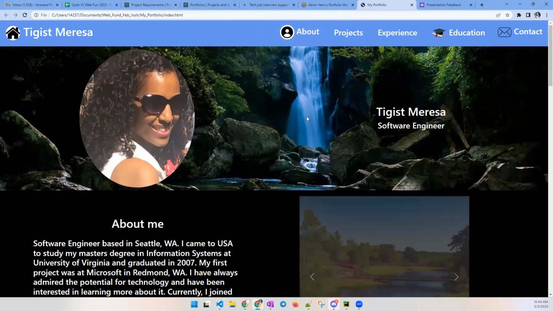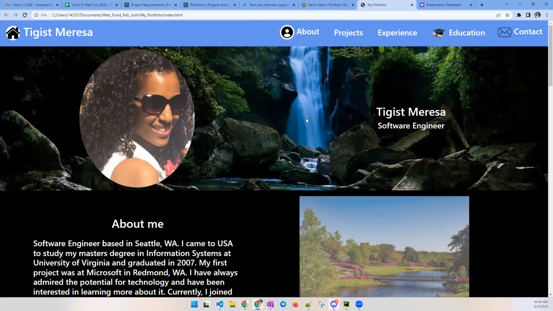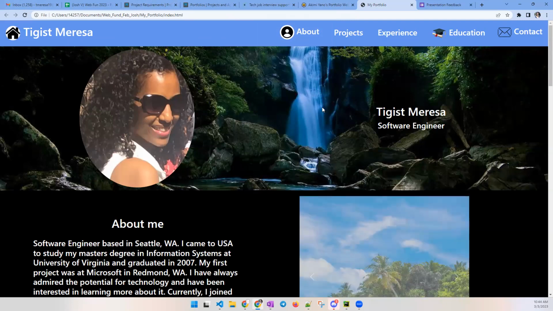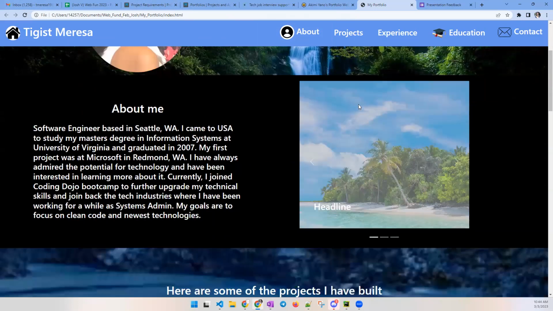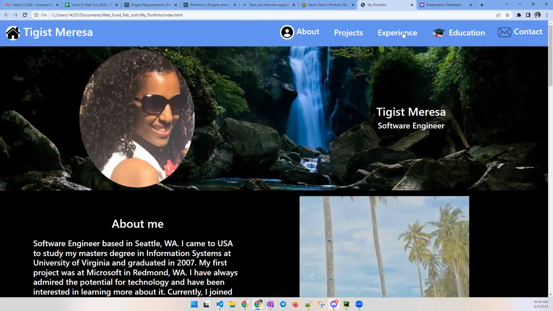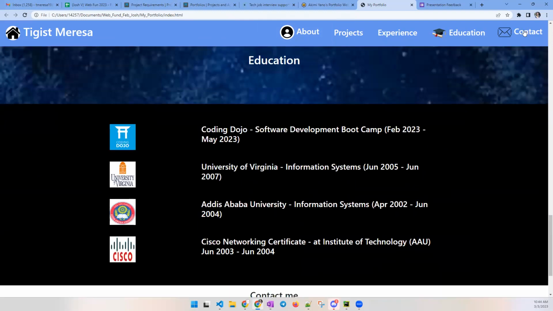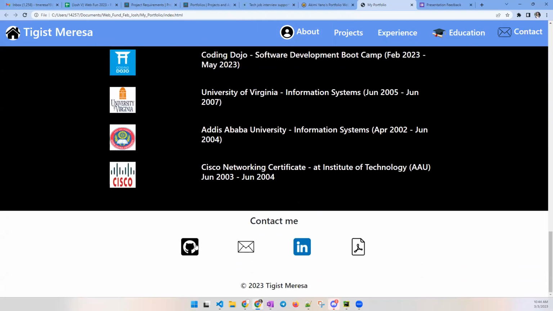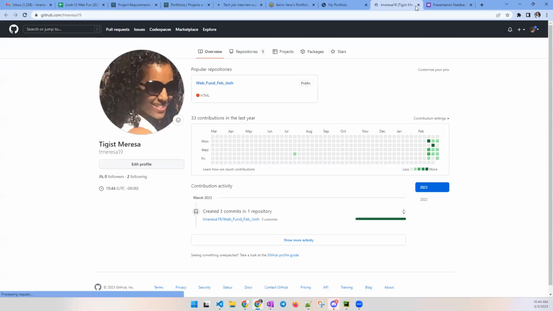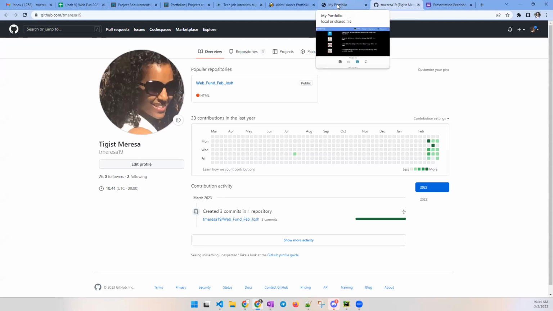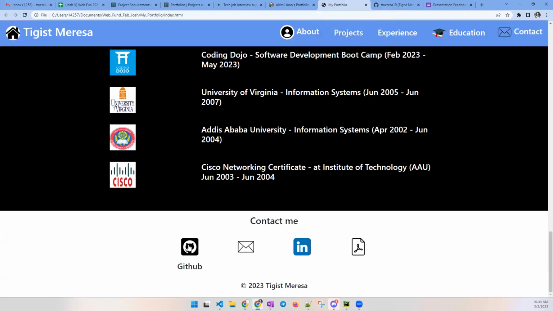I tried to use Bootstrap, but it gave me some other headache, so I used minimal Bootstrap. When I click experience, it takes me here. When I click vision, and when I click contact me, it takes me here. When I click GitHub, it takes me to my GitHub page, even if I don't have that many projects. When I hover, it gives me that effect, and when I click it, it opens